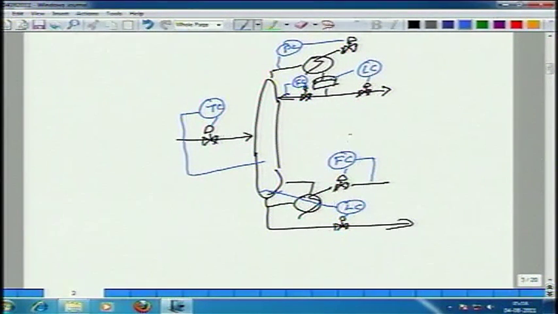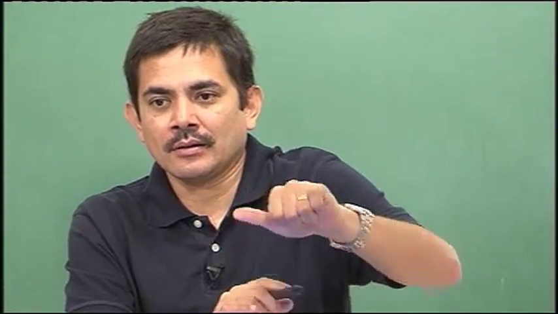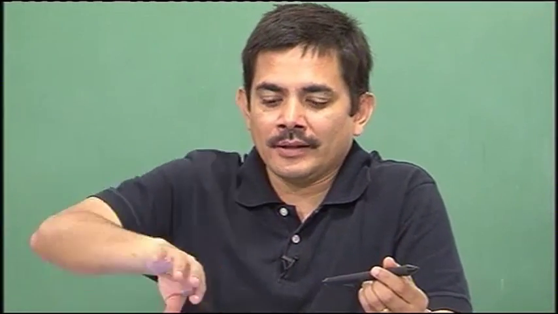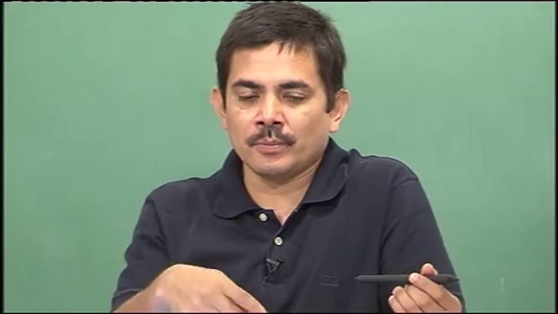So now this is my throughput manipulator. See, earlier I was setting how much is flowing through the column at the feed. Now what I am setting is how much steam I am putting into the column, and that would set how much is getting sucked in under temperature control.